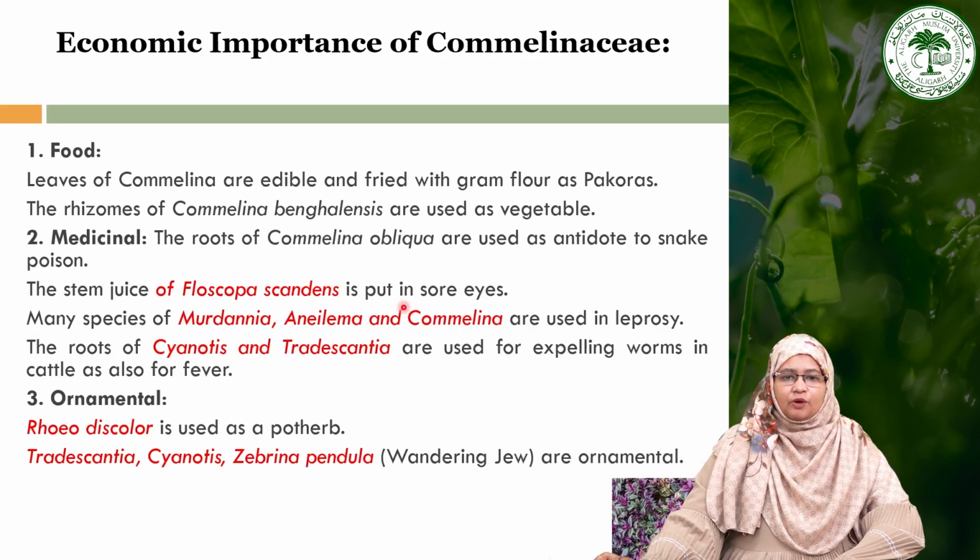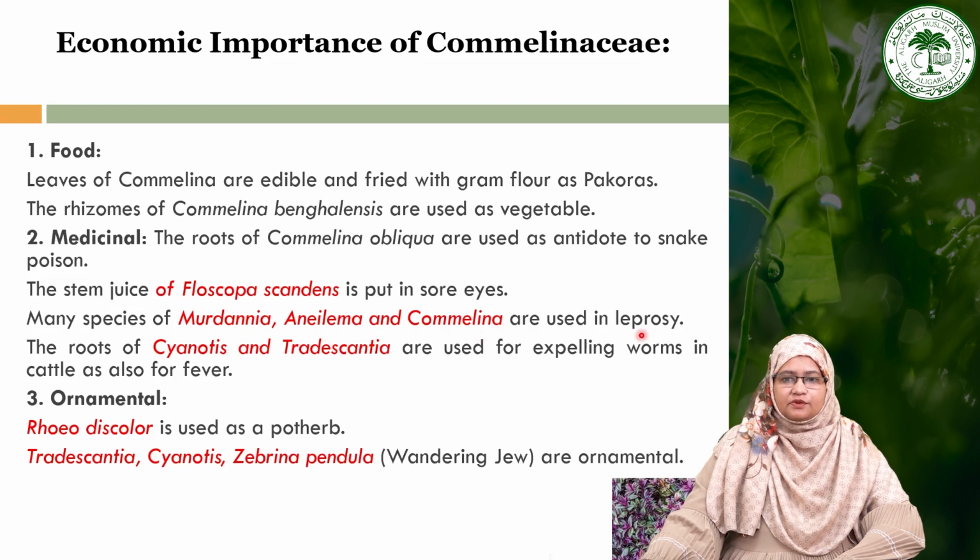Now moving towards the economic importance of the family Commelinaceae. As a food, Commelina are edible and fried with gram flour and used as pakoras. The rhizome of Commelina bengalensis is also used as a vegetable. Similarly, they also have some medicinal benefits, like Commelina obliqua is used as an antidote to snake poison. The stem juice of Floscopa is put in sore eyes, and many species of Murdannia, Aneilema, Commelina are used